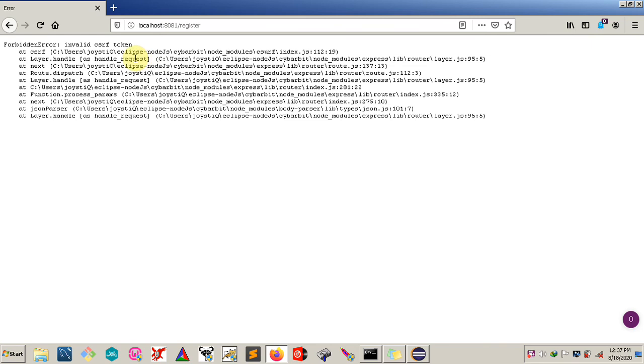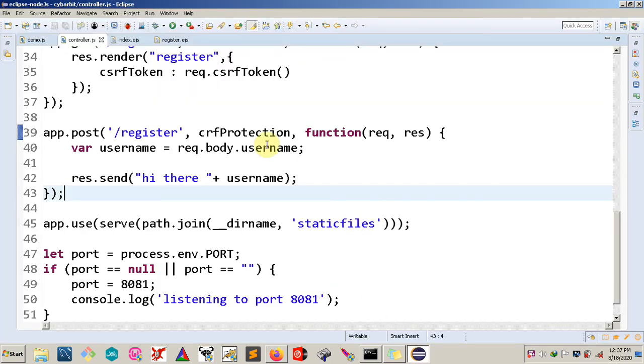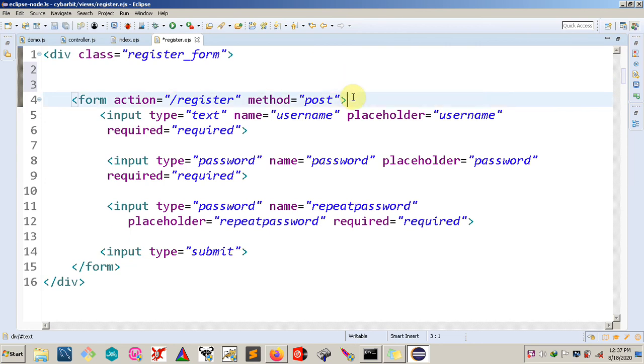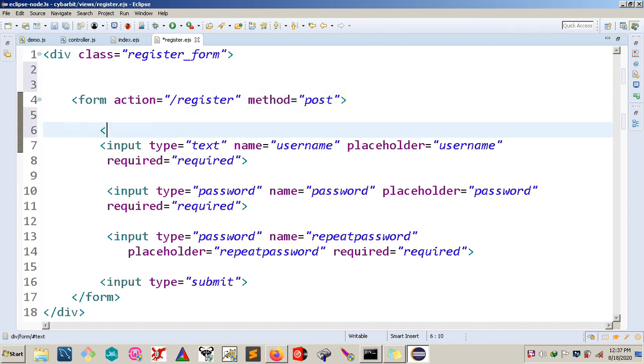We just type in something like Peter, and for the password just a random 1234, and another random 1234 for repeat password, and I'm going to submit. It is saying that we have an invalid csrf token here. I don't know why it is complaining. Oh, we forgot one thing. Since we are using csrf, we need to go back to our register.js, and inside here, somewhere inside our form, we want to say